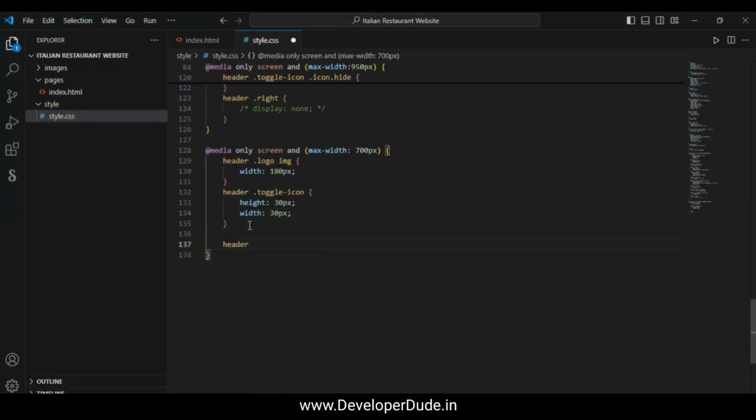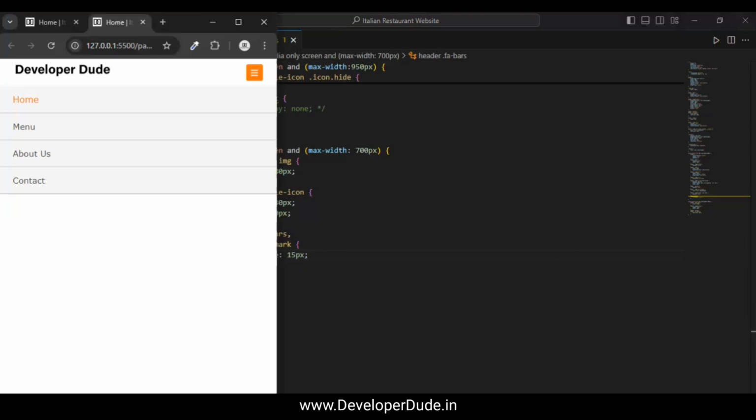Now target header bars, and again target X mark. Font size of these change to 15 pixel, so make it small. Okay,